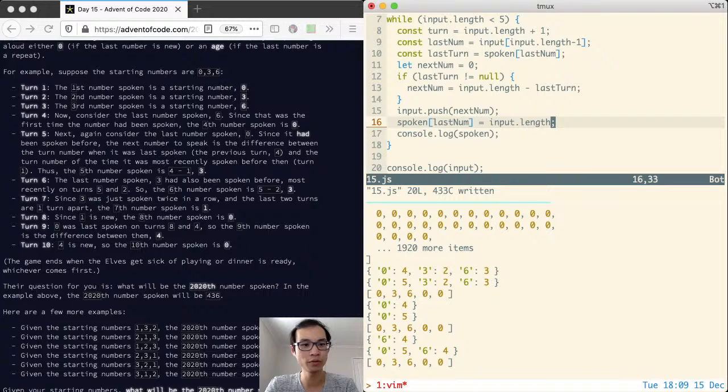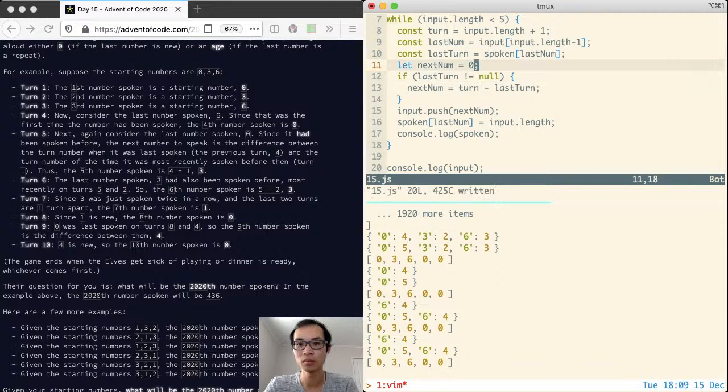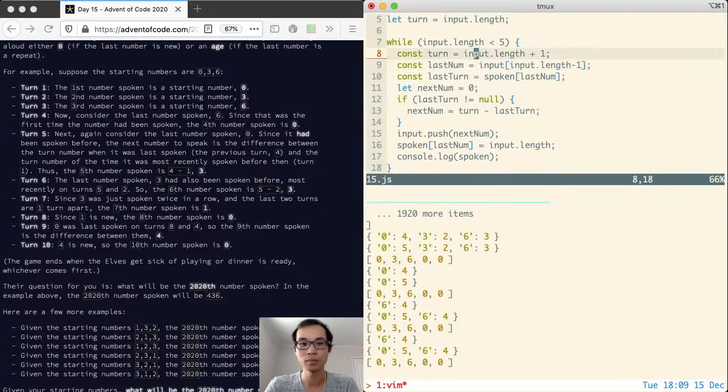Zero, and then turn 5. Now consider the last number spoken, 0. Since it had been spoken before,